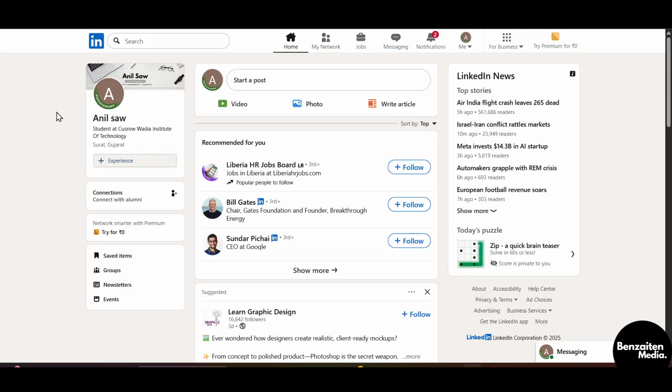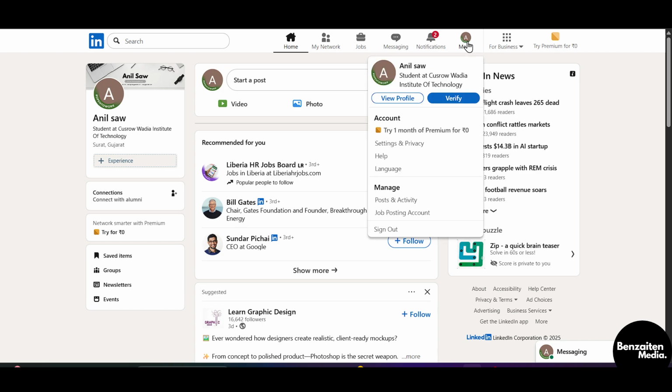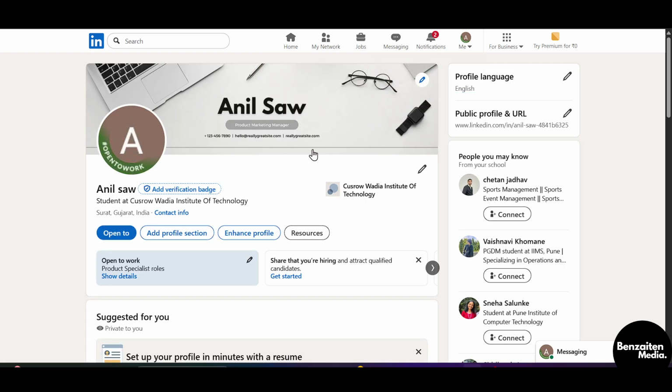After clicking, if you are new to LinkedIn, you will see multiple options of sign in with email, continue with Microsoft, or sign in with Apple or Google. You can continue with whatever software you'd like to enter your email and password. Now, after signing or logging in, on the right side at the top, you can see this profile. This is your profile, and after clicking on this icon, click on View Profile, and after clicking on View Profile,